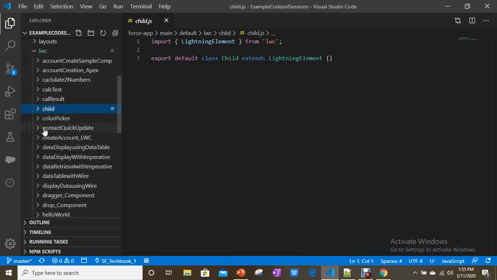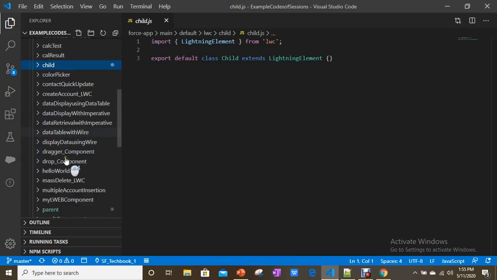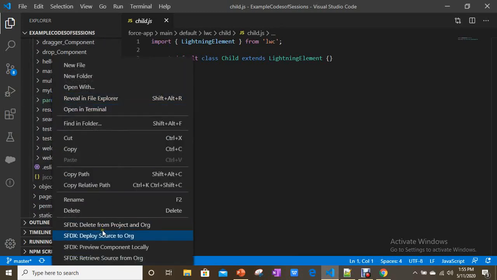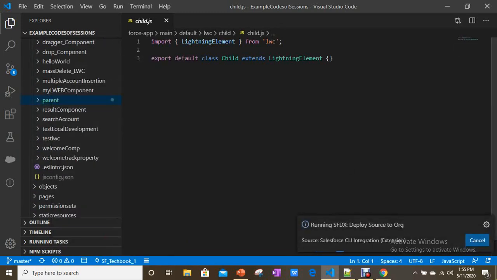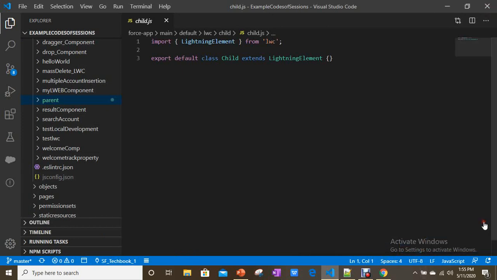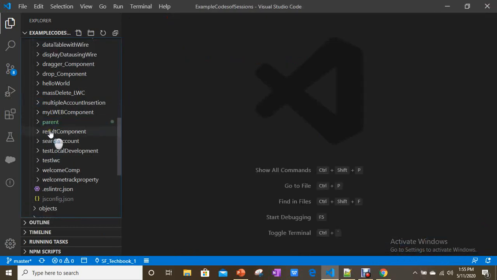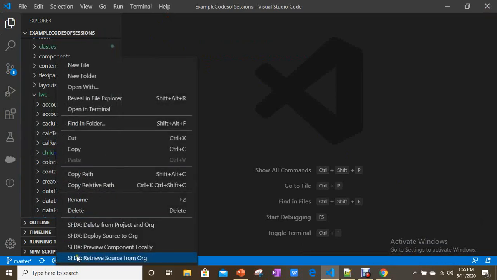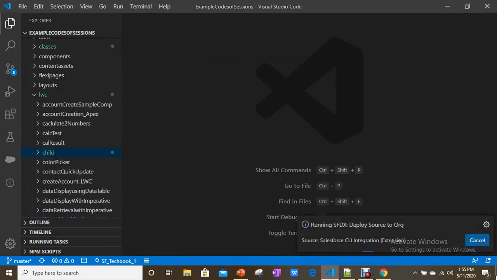Okay, let's save both, and the child component. Let's save this also.